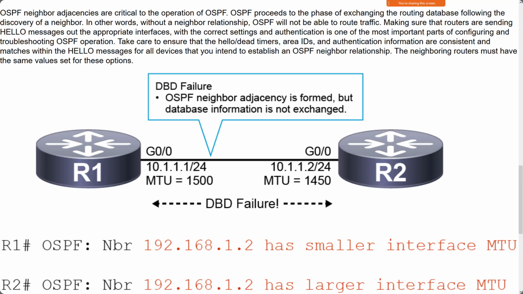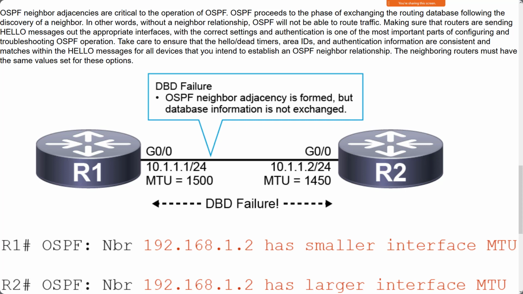What they're also describing in this particular slide, they're jumping around a little bit, is what happens if there's an MTU mismatch. In EIGRP, an MTU mismatch will cause issues with fragmentation and whatnot, but it won't necessarily force the adjacency to fail. In OSPF, by default, if there's an MTU mismatch between the devices, the routers will not form an